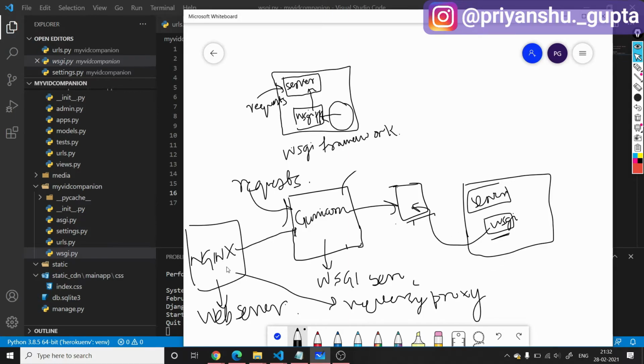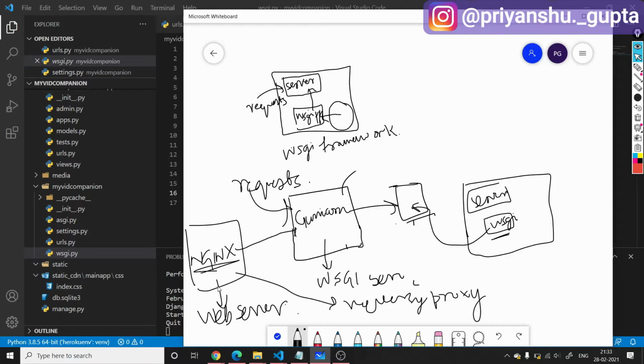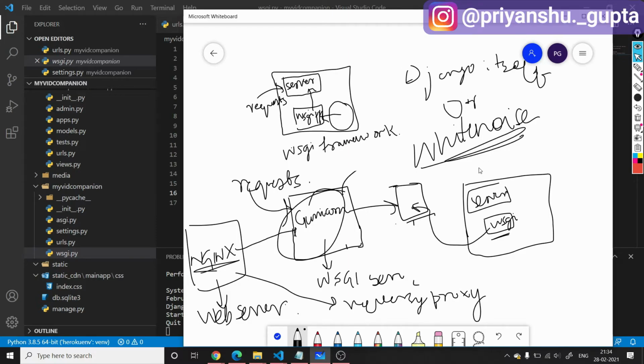And if you are using Nginx, it has the capability to serve static and media files by itself. Once you use Nginx, you can tell Nginx that now it's your responsibility to handle static and media files. So now the load from Django is being transferred to Nginx. But if you are using gunicorn only, we use applications like white noise, or we are using Django itself, or we can use an AWS S3 bucket to serve static files.